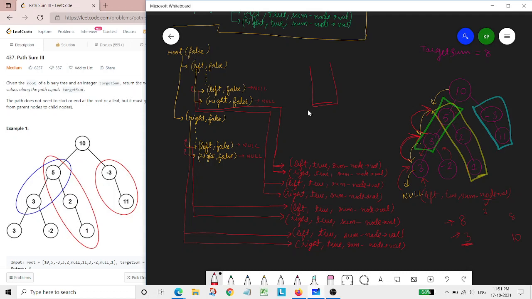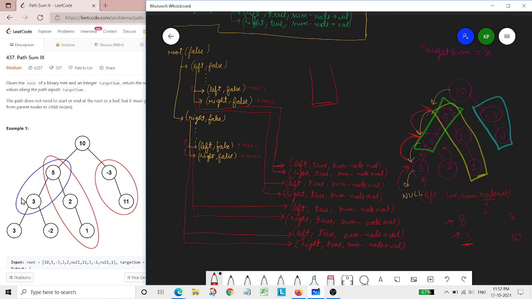And when it comes to time complexity, because of these false and true recursive functions, what we are doing is that at a particular moment, we are grabbing a particular node and checking all the subtrees which could be formed when we are at that node.